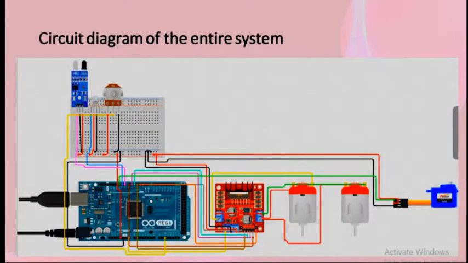This is the circuit diagram of our entire system. The main components are the potentiometer, LED bulb, IR sensor, L298 driver, which is a two-way motor driver for both the DC motors, servo motor, and finally the Arduino Mega. The L298 driver is connected to both the Arduino Mega as well as the breadboard, and is further connected to the DC motors, and the breadboard is also connected to the potentiometer, LED bulb, IR sensor, and the servo motor.